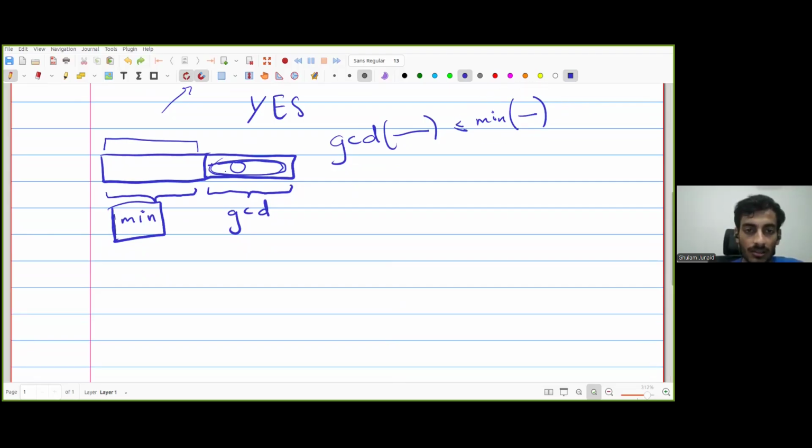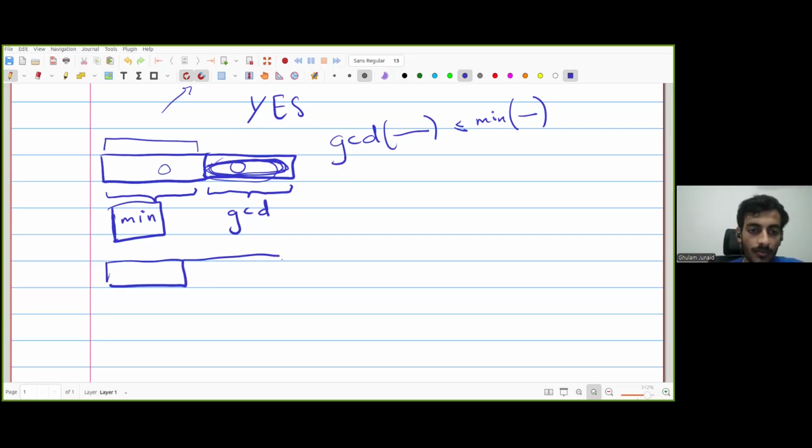Thus, it will be less than or equal to the minimum of all of these numbers. So if the minimum appears here instead of appearing here, then the GCD will be less than the minimum of this part, but we want to make them equal. Thus, the first observation is just this,